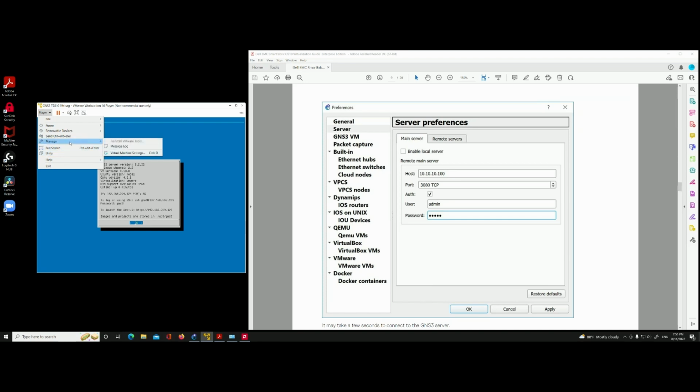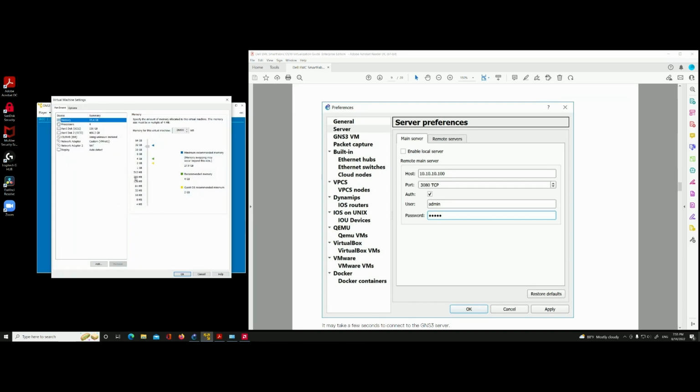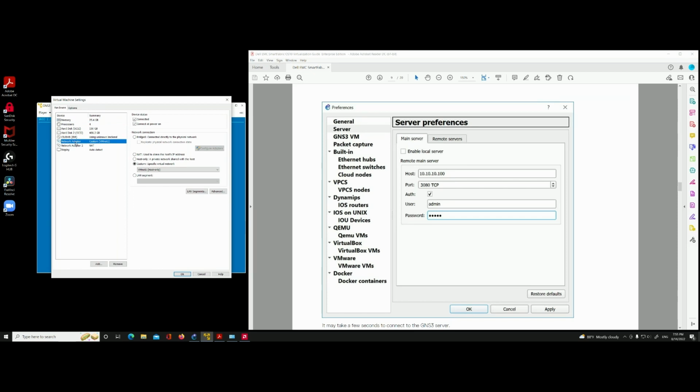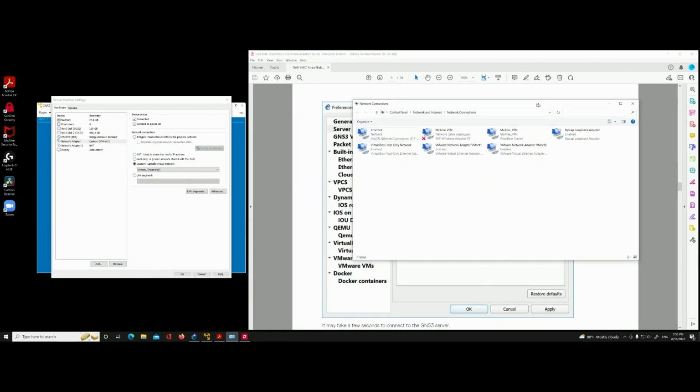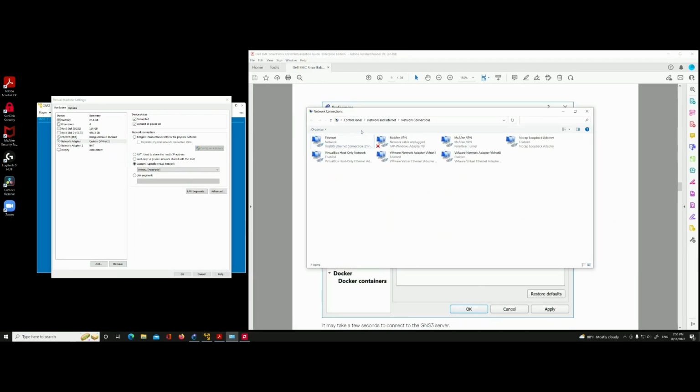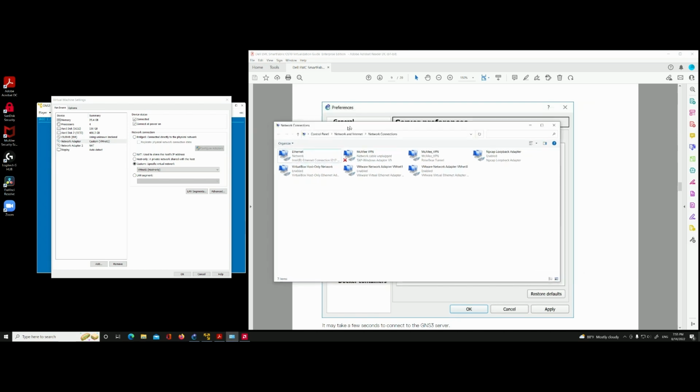So let's go to manage virtual machine settings. Once you go into virtual machine settings, another thing that you need to pay attention to is the network adapter. So whenever you go into the network adapter, which is the custom VMnet1, right? Because if you go into the networking for the PC that you're working on, or workstation or laptop, if you go to the network adapters for your device,